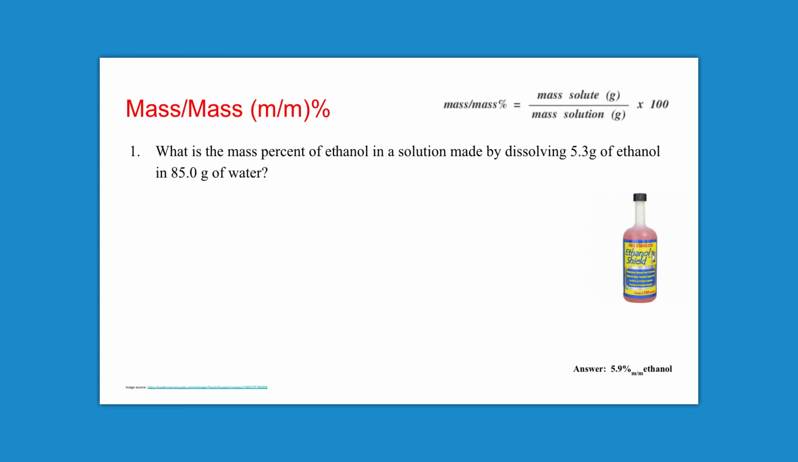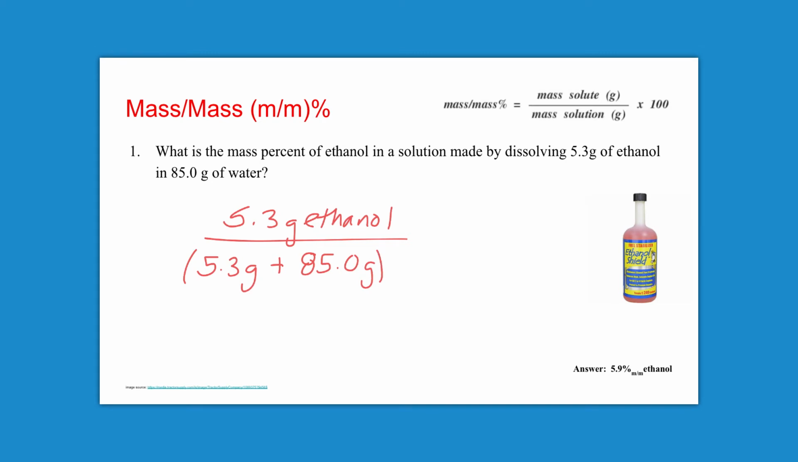We're going to take the mass of the solute, which is the ethanol, 5.3 grams of ethanol, and we're going to divide it by the mass of the solution, which consists of the ethanol and the water together. So we'll take 5.3 grams plus 85 grams. That's the solute and the solvent together. And we'll multiply that by 100. So we'll take 5.3 divided by the sum of 5.3 and 85.0, multiply by 100, and we end up getting